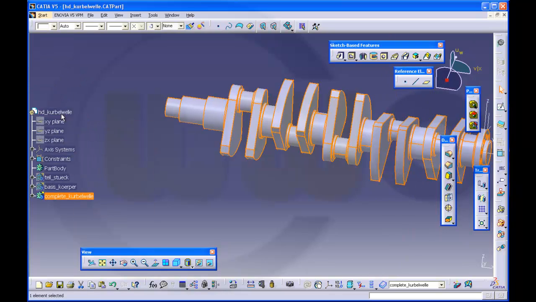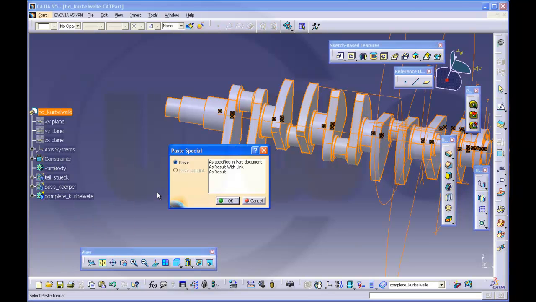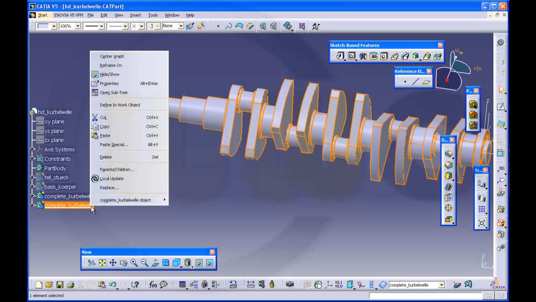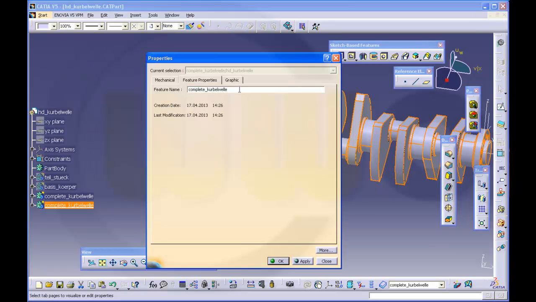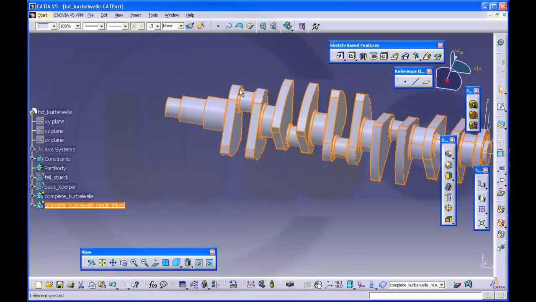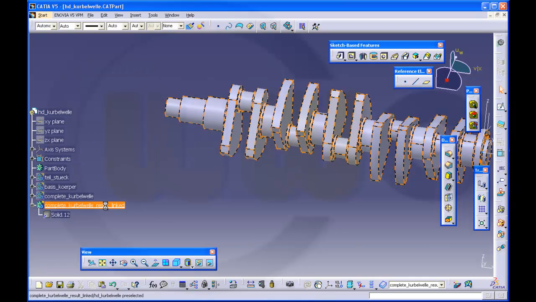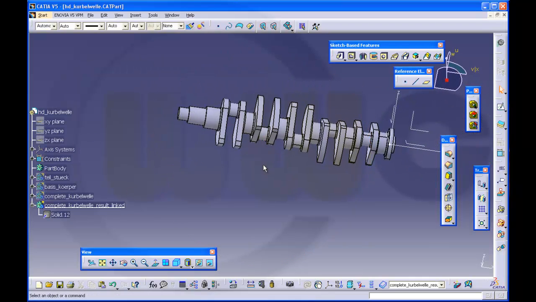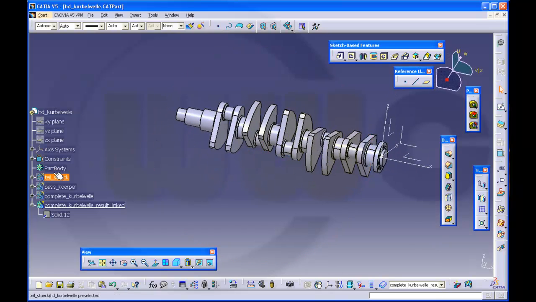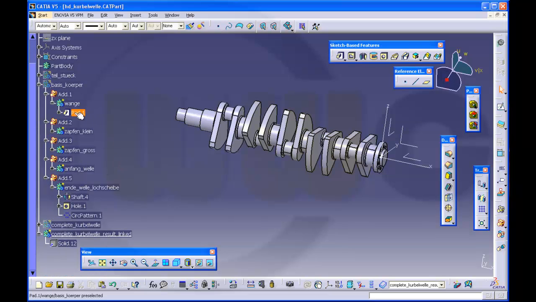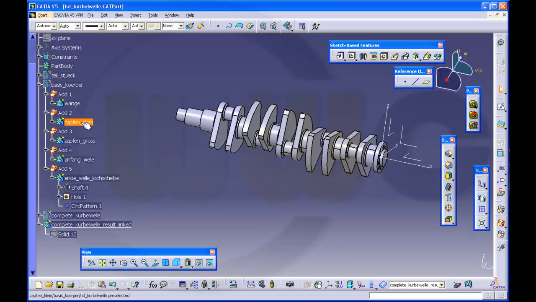Copy, paste special as result with link, and OK. And this one is linked. I hide this one, and that's the complete part. And if you want to change something, go for the base bodies and change it right here. For example,